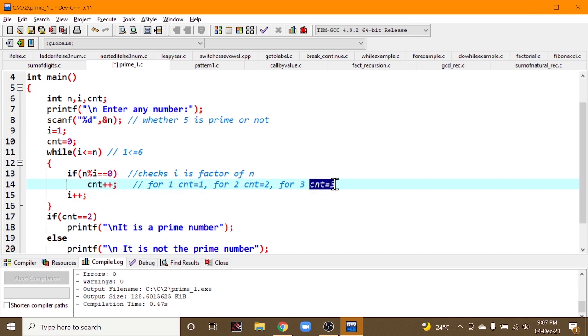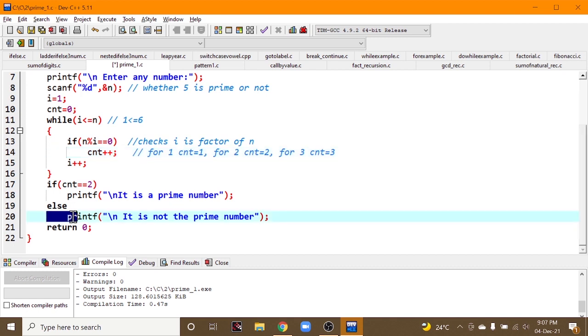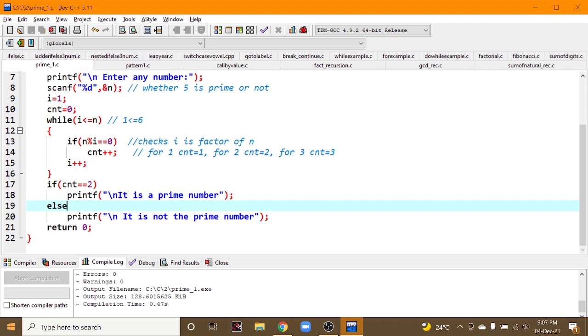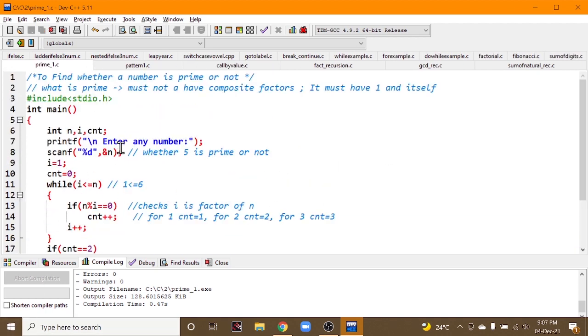So count has become 3, and it is not a prime number. From this part only you can tell. The more iterations will increment it further, but you got 3 here, so obviously it is not a prime number. This is about checking prime numbers.